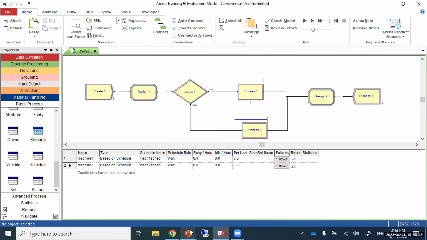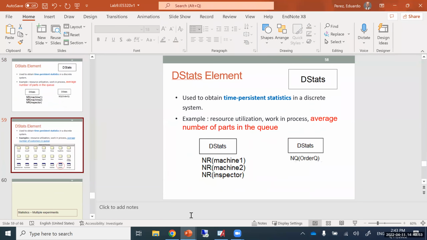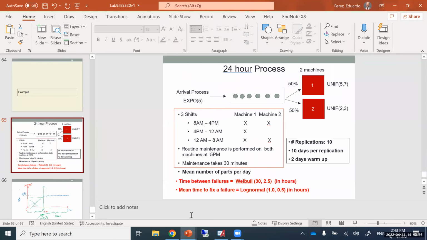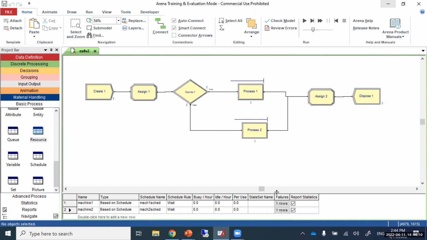So the last piece will be to incorporate the warm-up period. Oh, well, wait, there's something else we have to do. Time between failures, the mean number of parts per day. So in today's assignment, you needed to compute the amount of money or the daily revenue. And you were also running this for 10 replications. So the logic that you needed to implement required a separate logic for collecting that data. Today we're going to do,